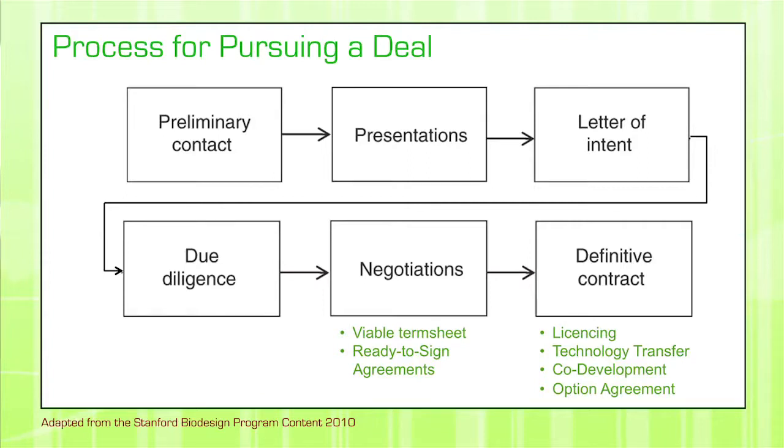Many co-development agreements finish with an option agreement, in which the company that is looking to get the IP license or transfer wants to co-develop first to know, as a due diligence process, if the technology actually works and if it's valuable. And after that, if everything goes according to plan, they can execute what is called an option to actually buy the technology or license it from the inventor. And with this,